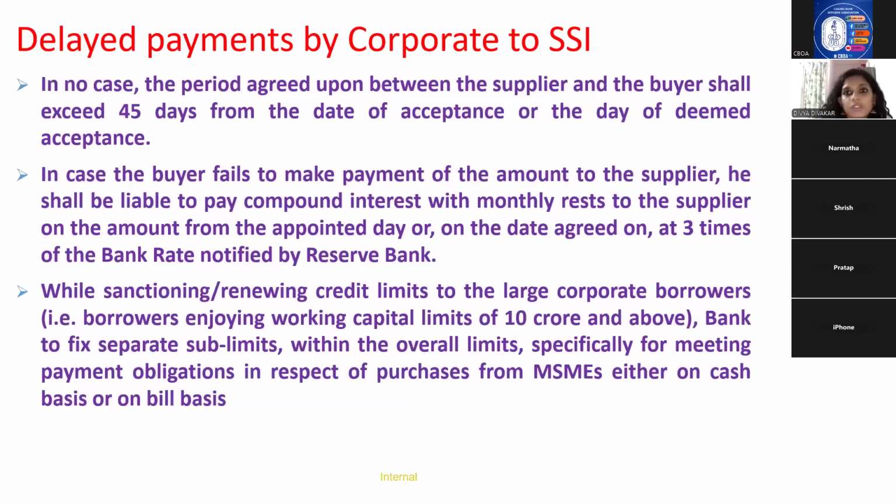You remember this thing for the exam, 3 times the bank rate. If the buyer is failing to make the payment, it has to be 3 times the bank rate. Then, while sanctioning,